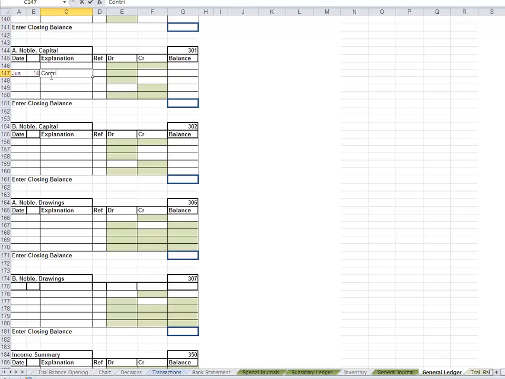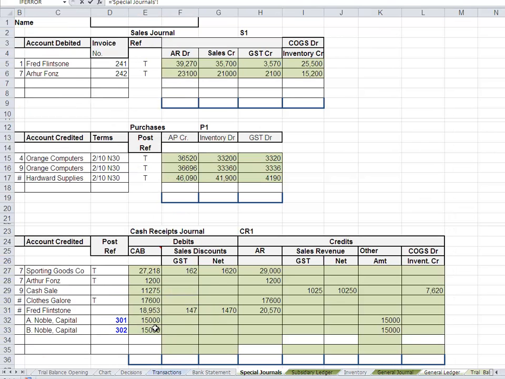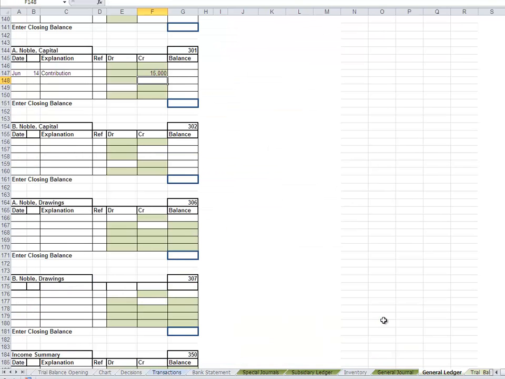Contribution, and the contribution equals $15,000, but I'll go to the special journal. $15,000 done. Went green, but this won't go green because I didn't have the right opening balance in, so I'll fix that later. And same here,